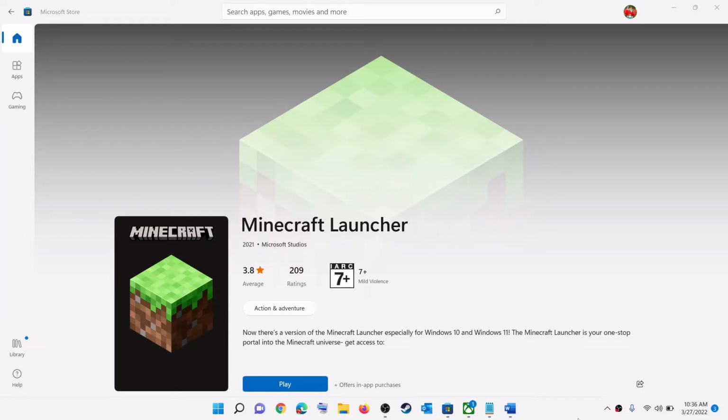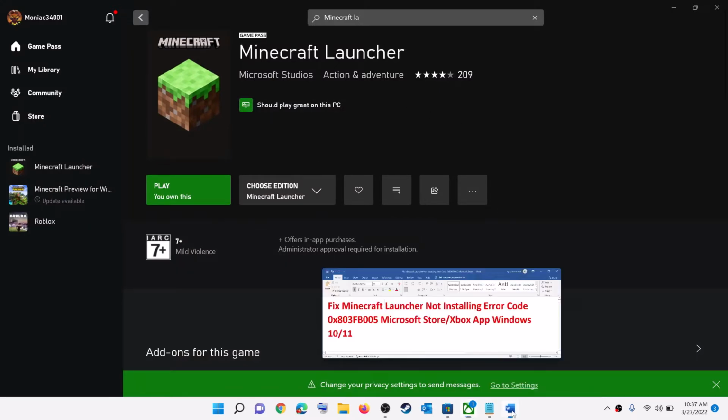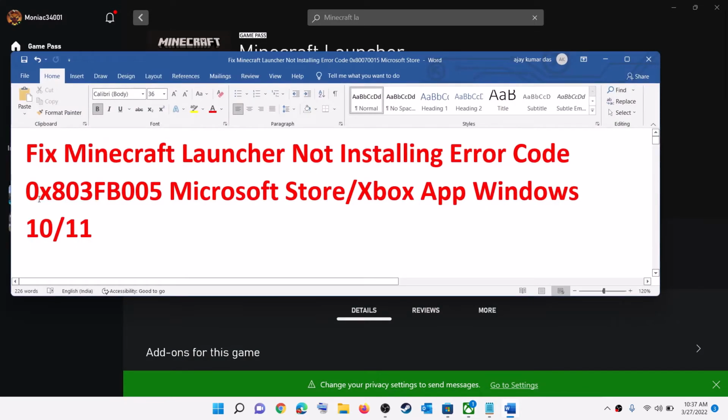Today in this video I'm going to show you how to fix when you are unable to install Minecraft launcher on Microsoft Store, or if you are unable to install it on Xbox app, and if you are receiving this error code that is 0x803FB005. So if you are receiving this error code on your Windows computer, then please follow the steps shown in